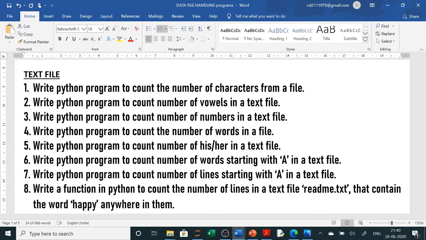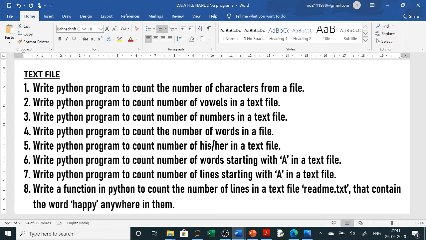If it is word wise, then we will write dot read dot split. So dot read will completely read the paragraph and split will break it into words, and then we can use a for loop for word in that list, and collect the words one by one. For lines you can either write readlines and then split it, or simply write readline.